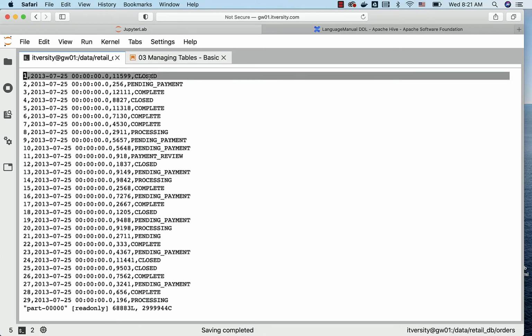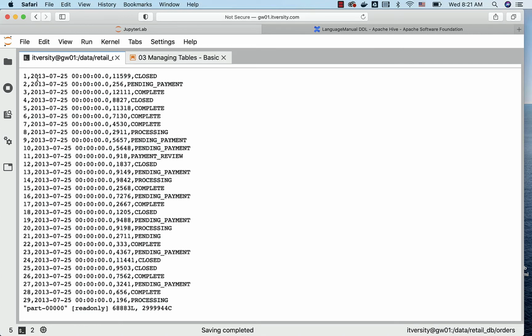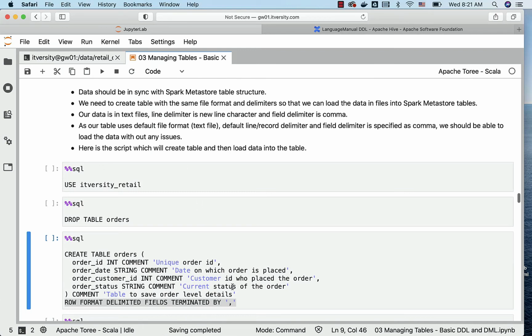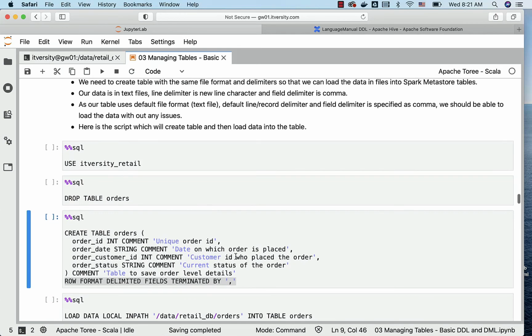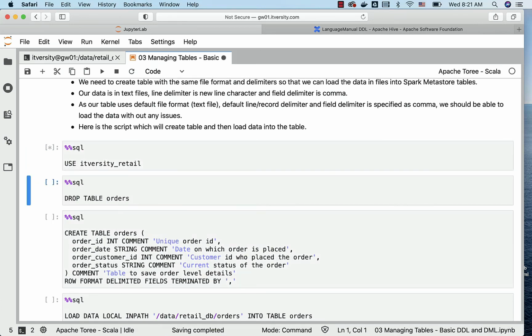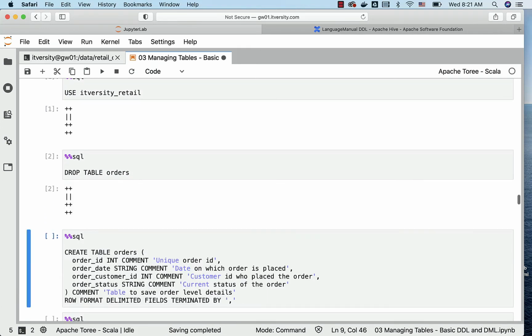In this file, each record is on its own line, and at the end you have a new line character. Within each record, the attributes are separated using comma. So the field delimiter is comma and the line delimiter is the new line character, which is the default when it comes to Hive. So we don't need to specify the line delimiter explicitly. However, with respect to the field delimiter, we need to make sure that comma is specified, and that is the case here. So using this, first let us try to create the table.